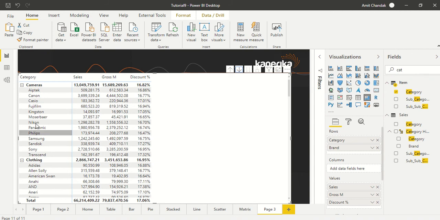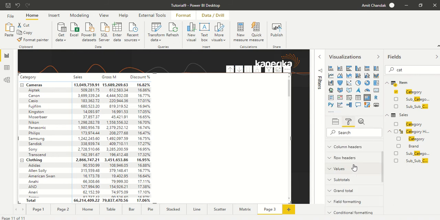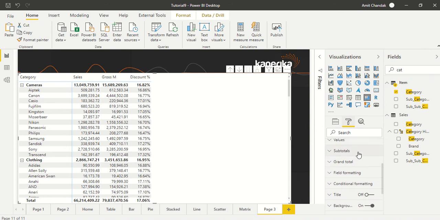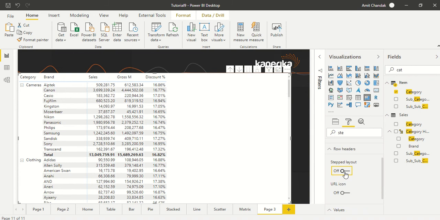There is one more thing we can do, which is the tabbed layout. Let's search for tabbed layout. Under the row headers we see tabbed layout, which is right now on, and now we are going to turn it off. Once you change the tabbed layout, it is very similar to what you might have seen in Excel. It is very similar, but here it is known as tabbed layout, and if we switch it off, you can see the other one. Let's keep it like this for now.